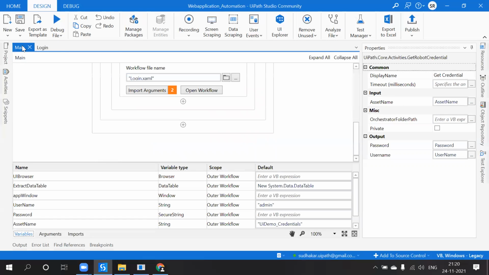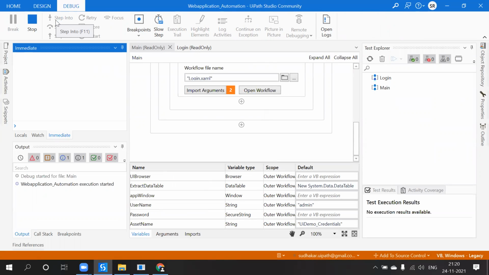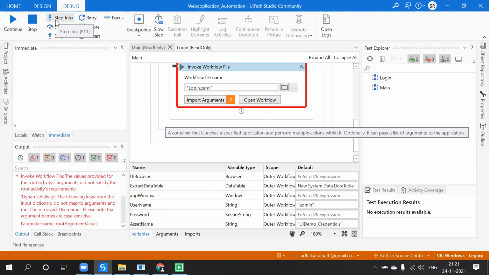Now come to the main workflow, because I can run it here, but the values are fetched from the main workflow. Even if I run it, there is no use, right? So come to the main workflow, and if you run it, it will execute only the child workflow login. See, what is that? The values provided for the root activity arguments did not satisfy the root activity's requirements. Dynamic activity, the following keys from the input dictionary do not map to arguments, must be removed: username.